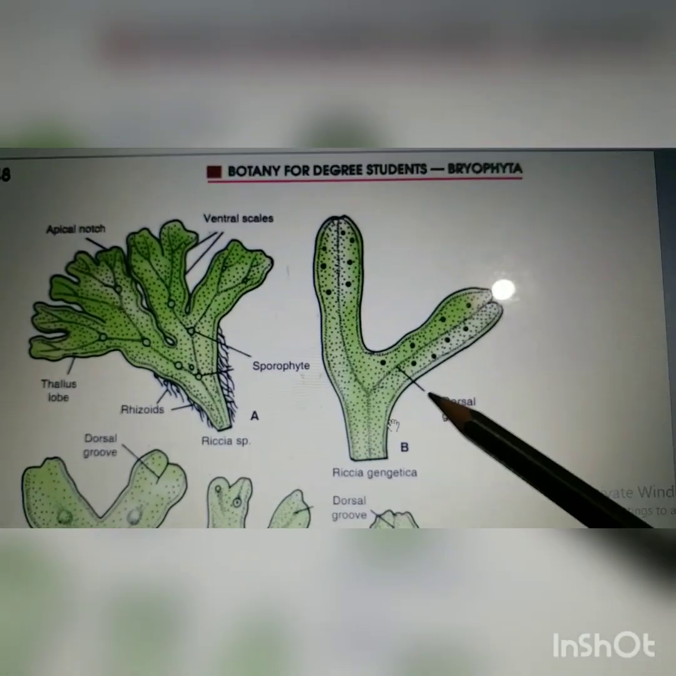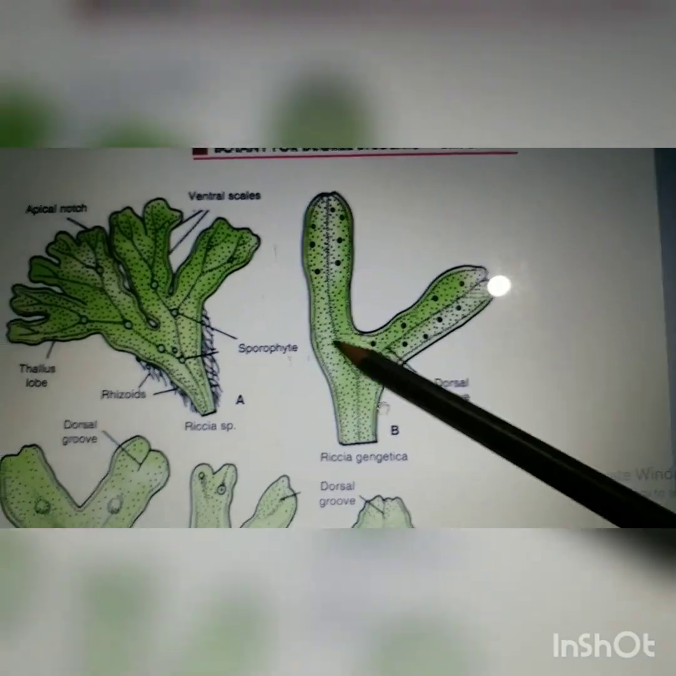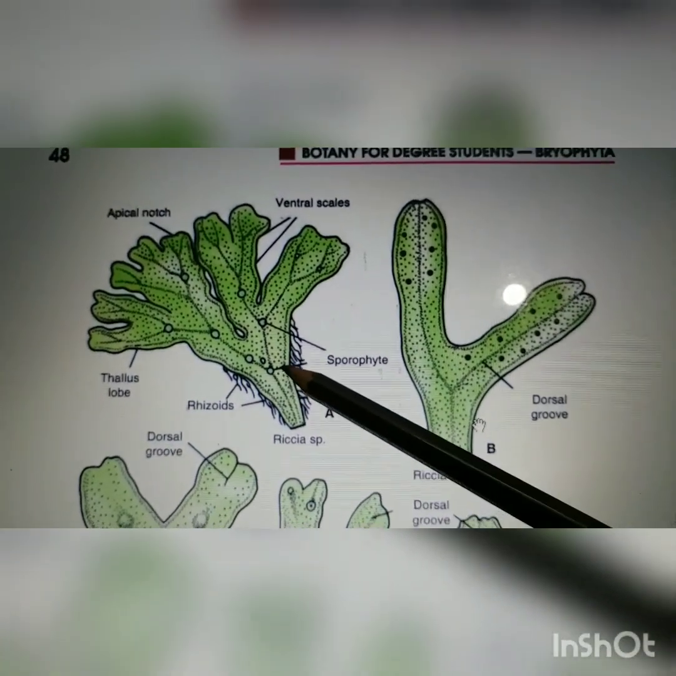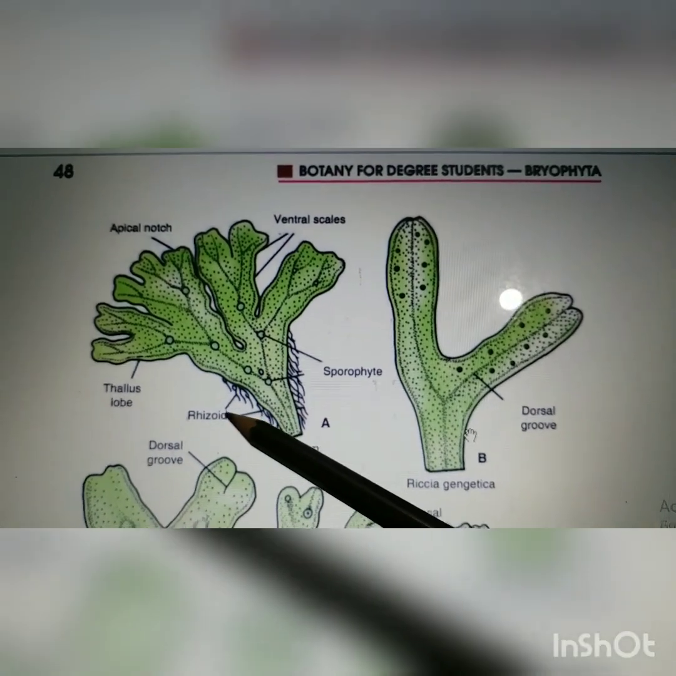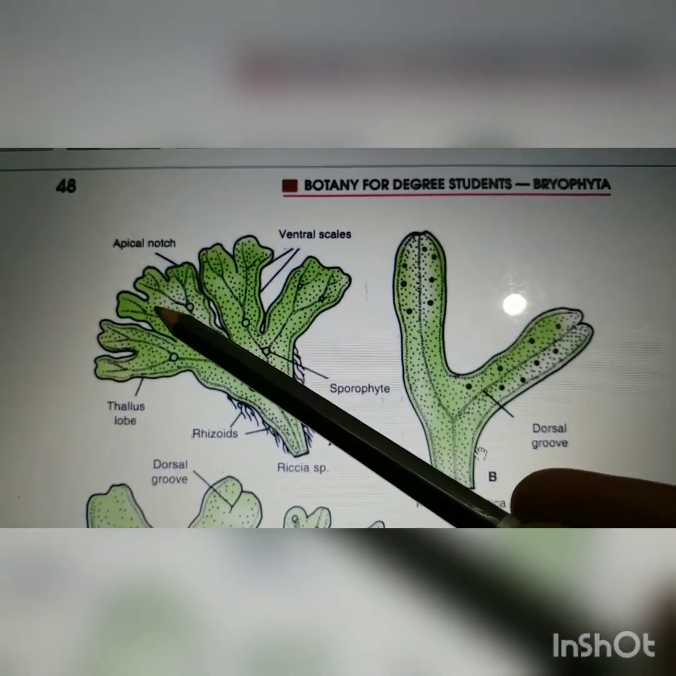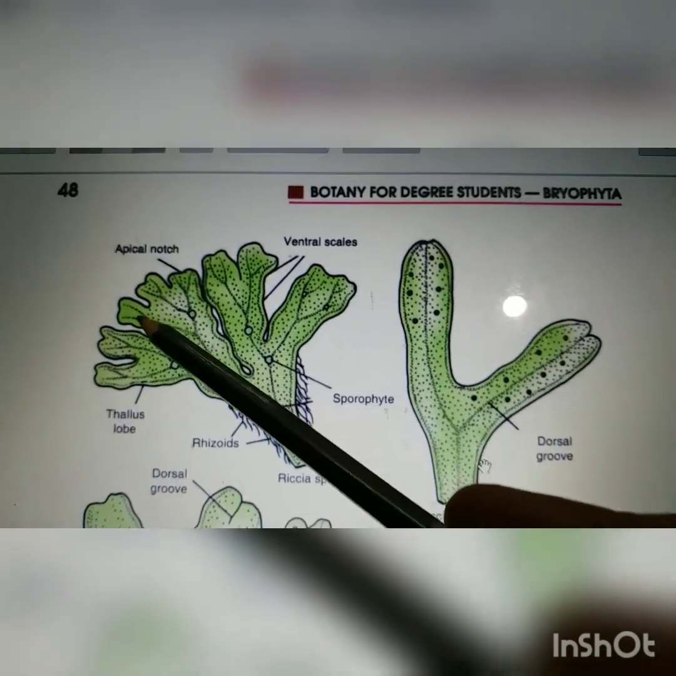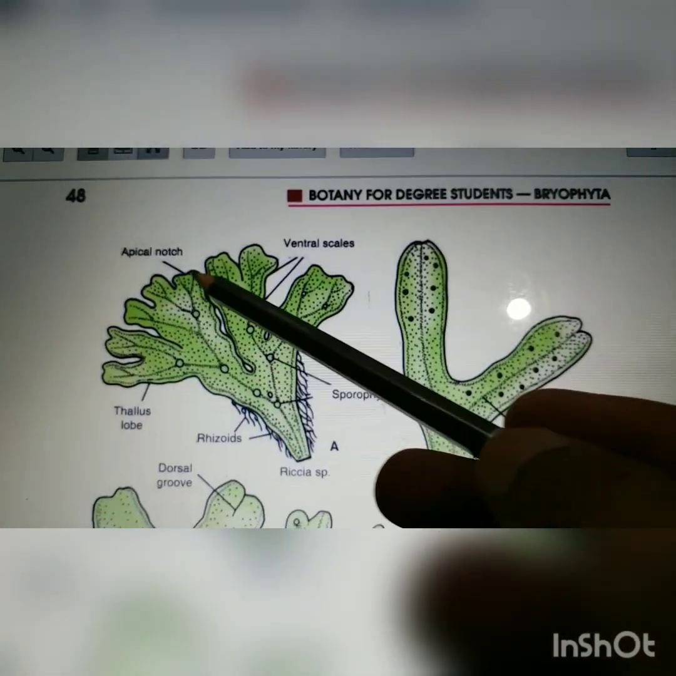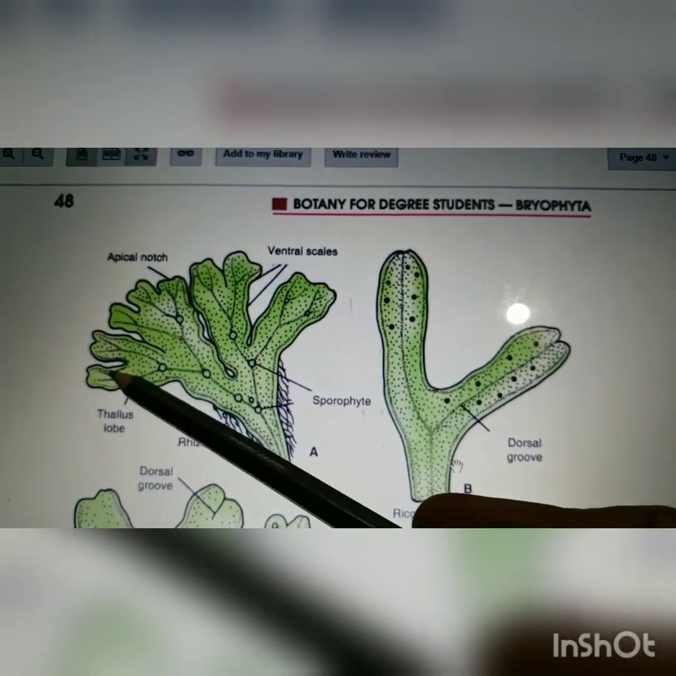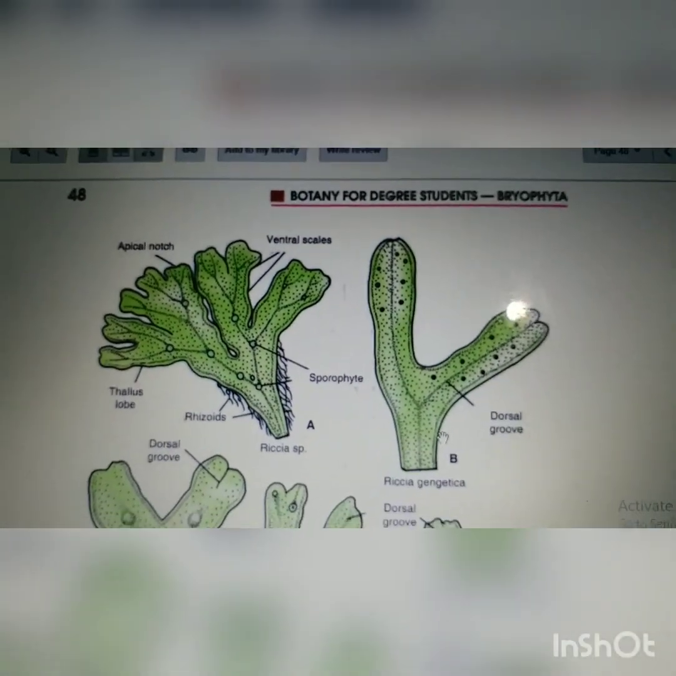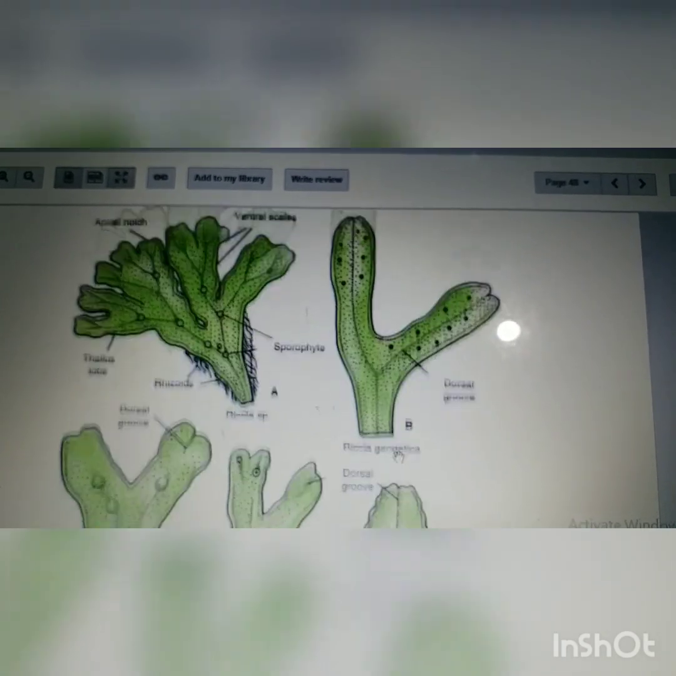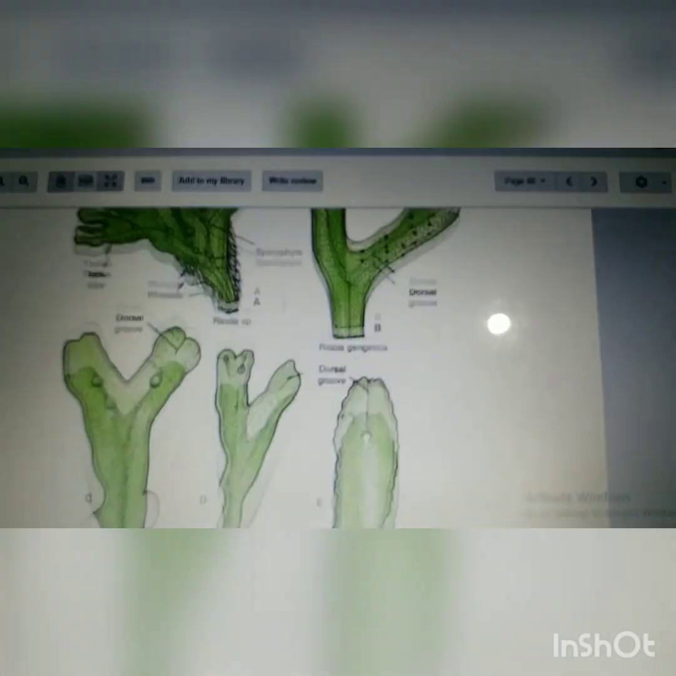See, it's very easy. This is the dorsal groove, and here we have the rhizoids, scales, and see the dichotomies. Dichotomy means division, 1, 2, and these divisions, they are so close, 1, 2, 3, 4. So it gives a ribbon-like thallus, right? See the dorsal groove, right? So we are coming now to the next,